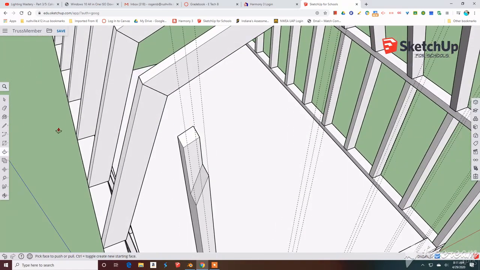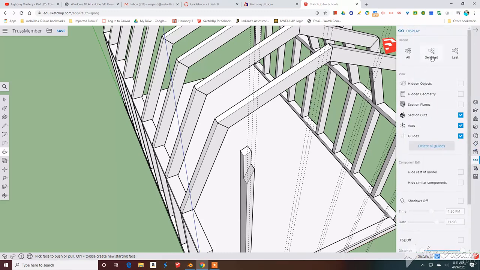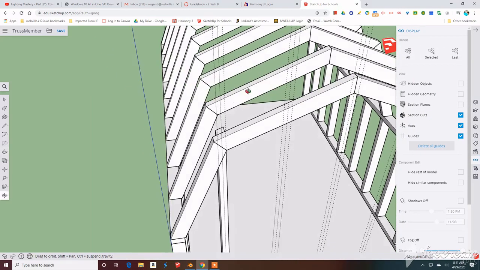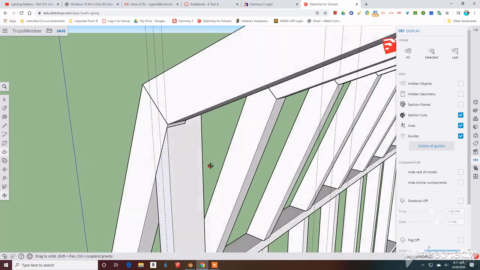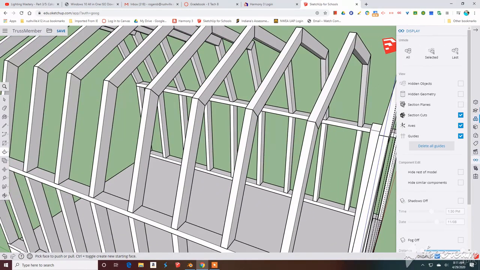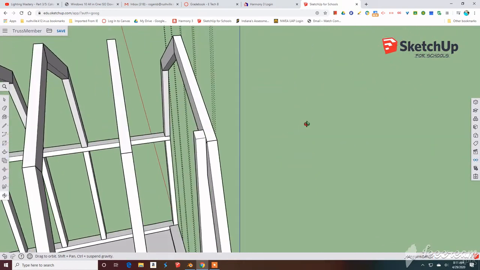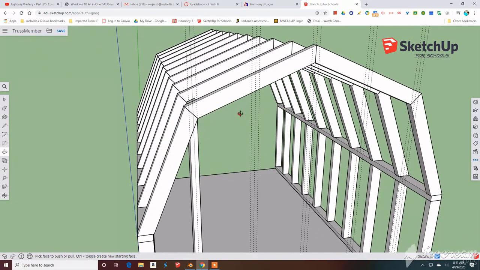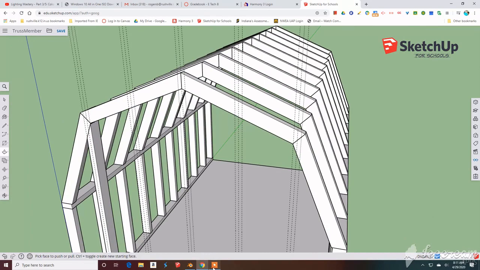truss member. So let's go ahead and unhide that. Now remember, unhide is located over here. Let's see. I think it's, yeah, display, I think. And there's unhide all, or you could do last, either one. And so you can unhide that and see now when we look at this here, there's a perfect geometric fit between those two pieces here. That looks really good here. Let's get that out of the way. And so as I look at this from different angles, you can see none of these pieces are intersecting any further. All right, well, let me go ahead and pause this here, and then we'll pick back up where we